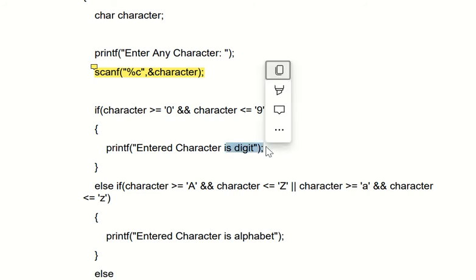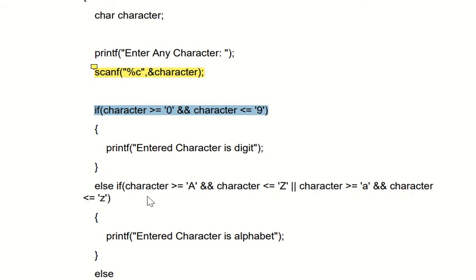It means it is a number. It will print that. But right now in our case what we have entered is small a, so obviously this condition is false, and it will jump to the else if part.